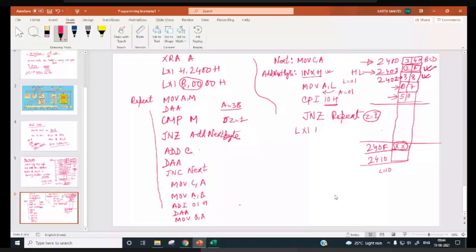LXI H 2500H, move M comma C. So C content will be moved to 2500H. INX H, move M comma B. So 15 will be moved to 2501. Then halt.